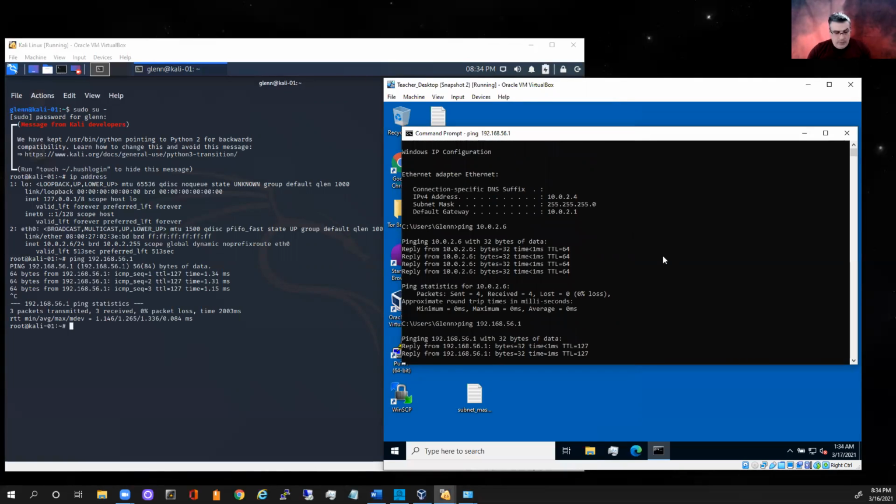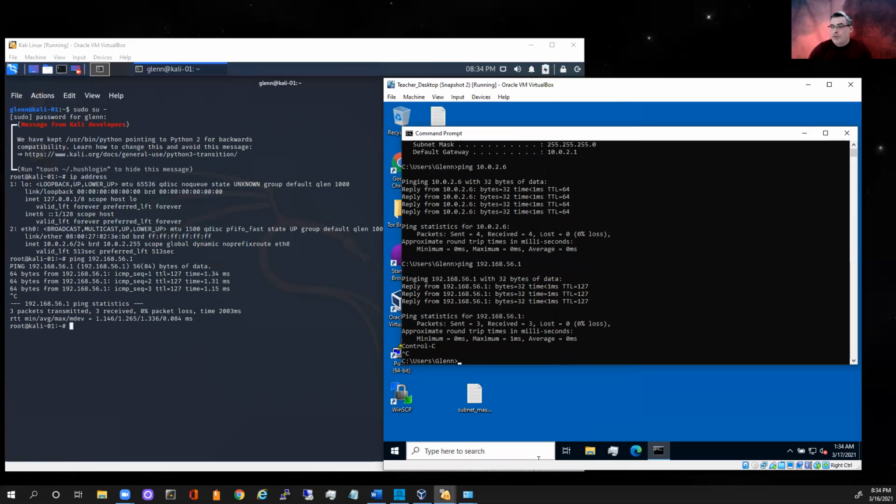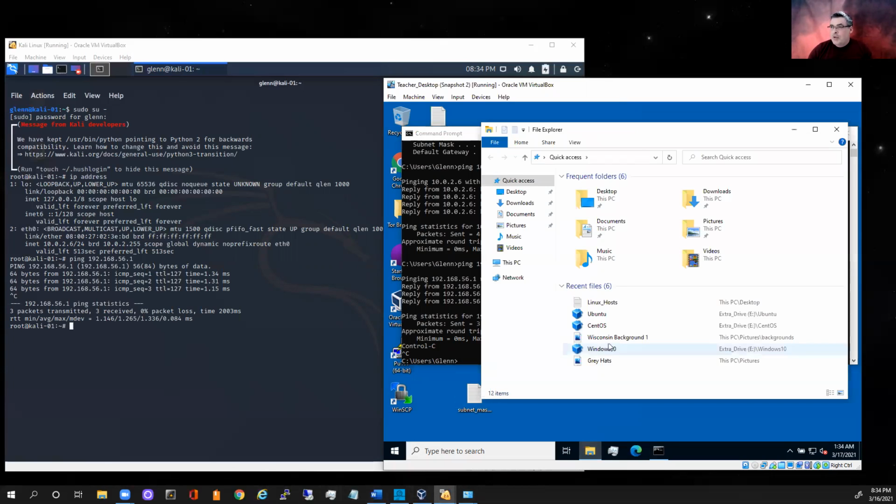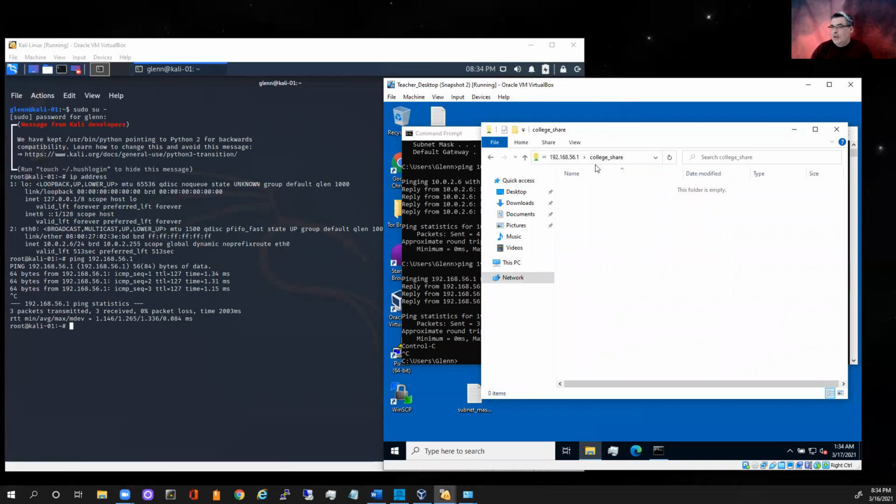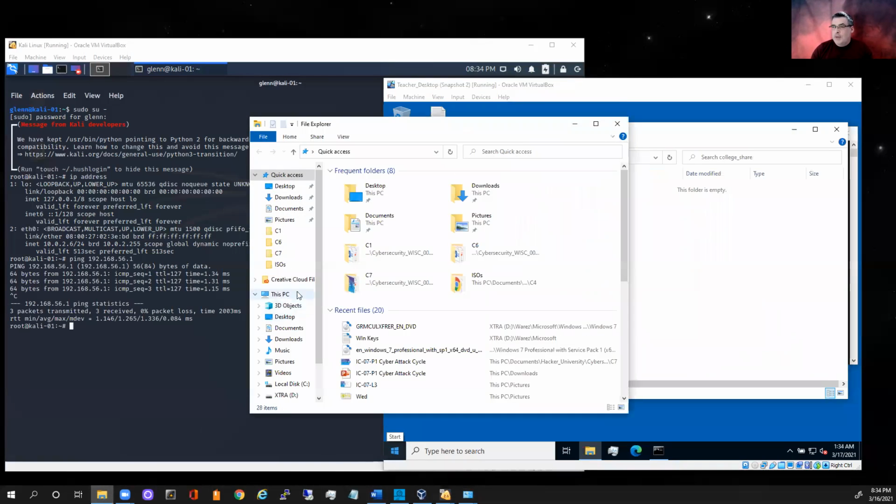And we're good here. So we can talk to our host system through that IP address. Next, what we're going to do on Windows is pretty easy. All we've got to do is go back to 192.168.56.1 and then college share. See, because SMB is turned on, it's already advertising that folder. So now if I go back to that directory on my host machine,